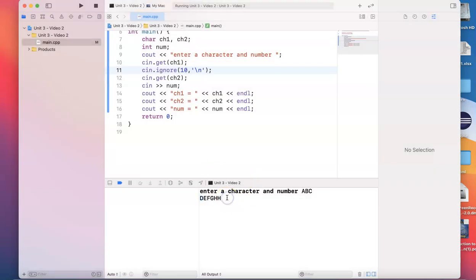Oh, I forgot to hit enter. Here we go. Capital A in character 1, then it says skip the next 10 characters or new line, whichever